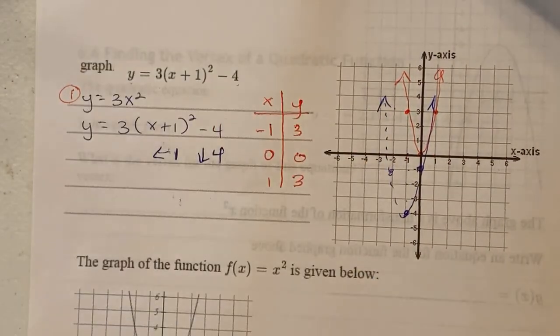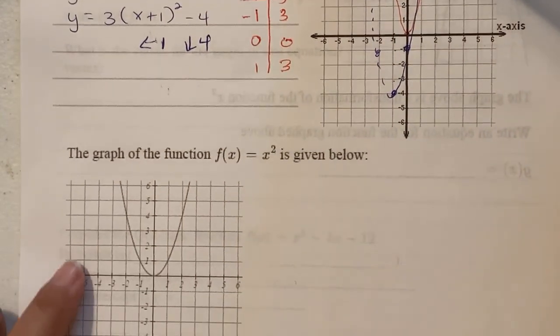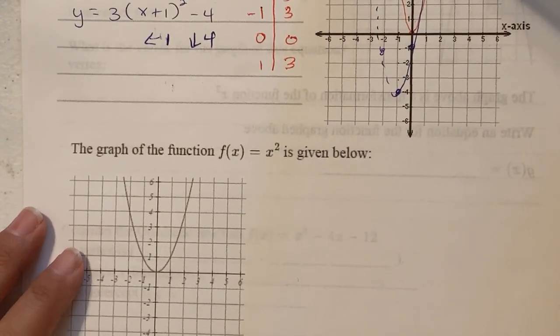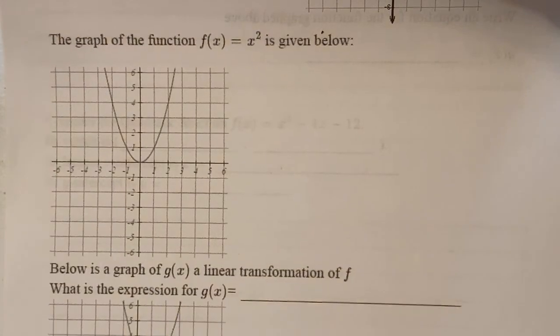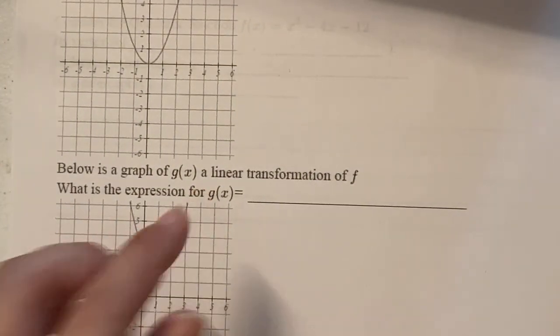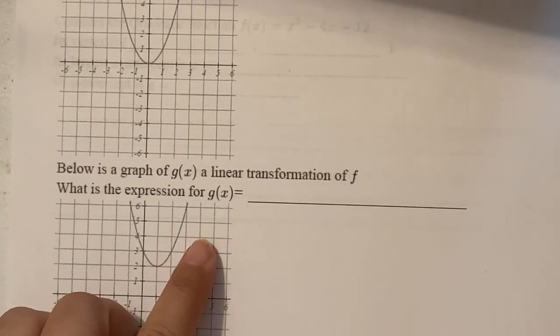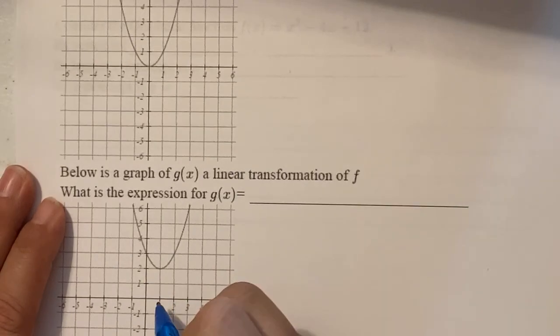On the next one, they gave you the graph of the function f of x, given below. So we see it's at the origin. Then they gave us another graph, which is our g of x, and they want us to write an expression for it. So when we look at the situation here,